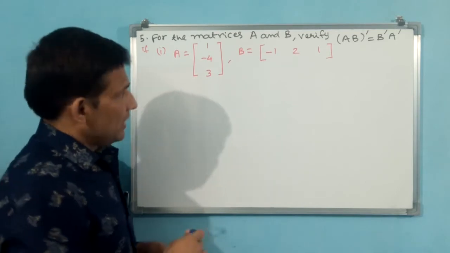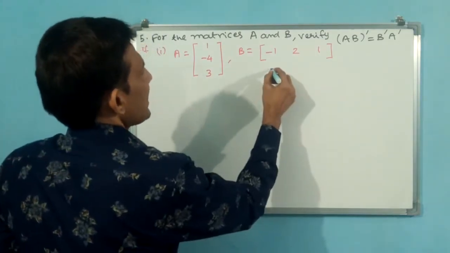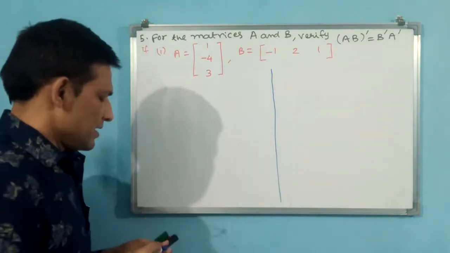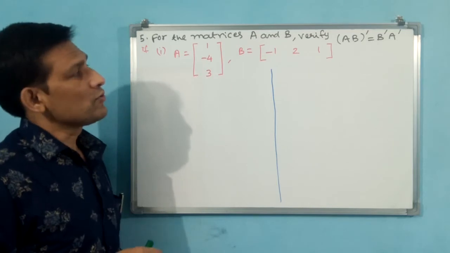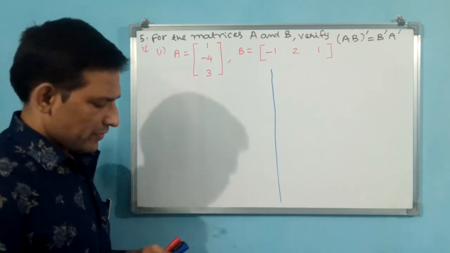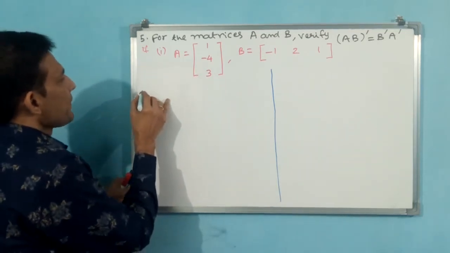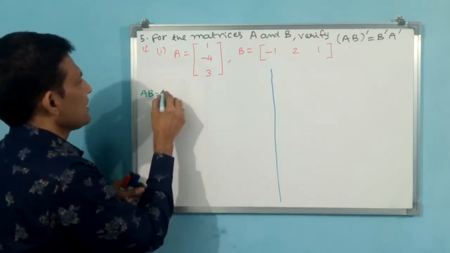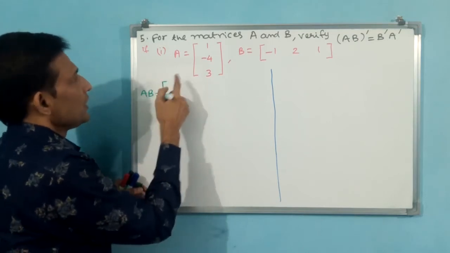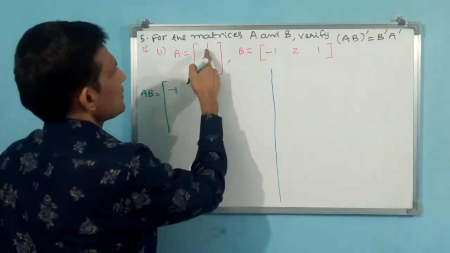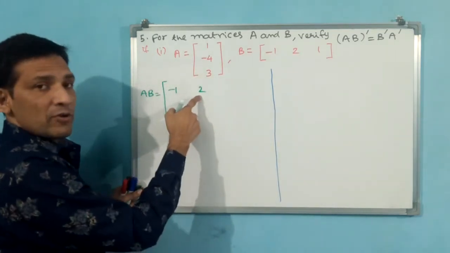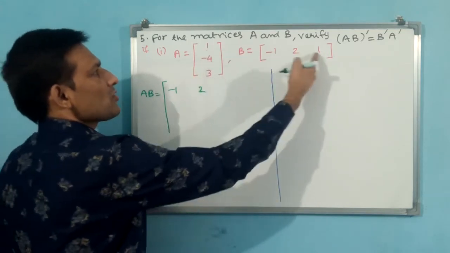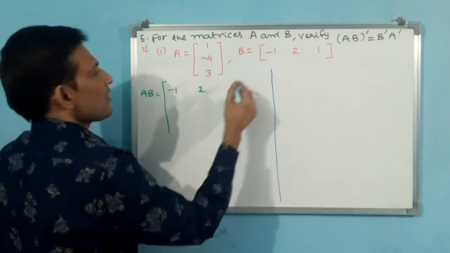Okay. Let us draw a line. LHS and RHS we will do separately. LHS this side, RHS this side. On the LHS side, you have to do AB multiplication first. Let us do AB. Simply observe here, a bigger matrix will come from the multiplication. Be careful. You see, 1 into minus 1 is minus 1. 1 into 2 is 2. Here we have to write first row, first column; first row, second column; first row, third column. 1 into 1 is 1.